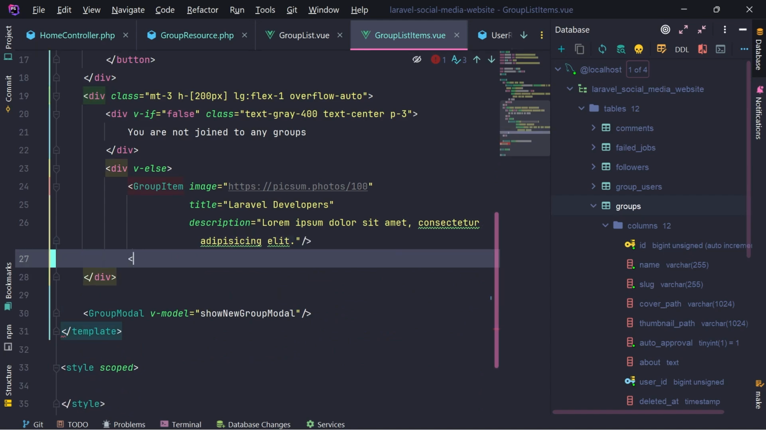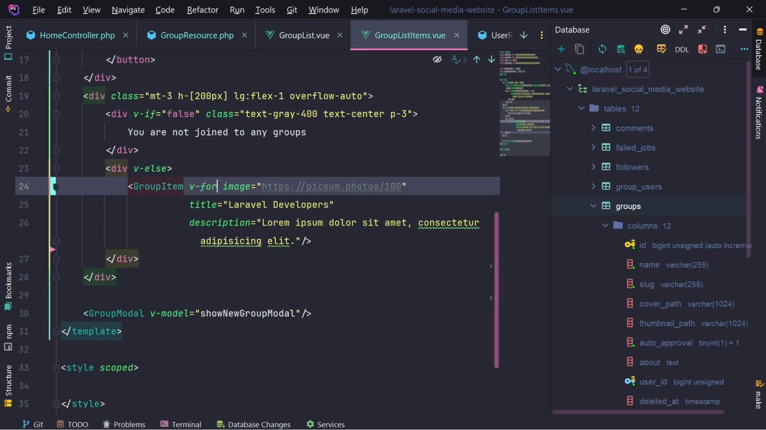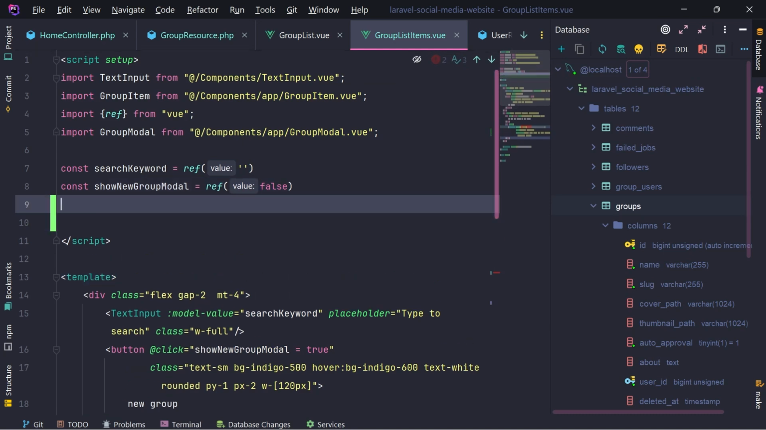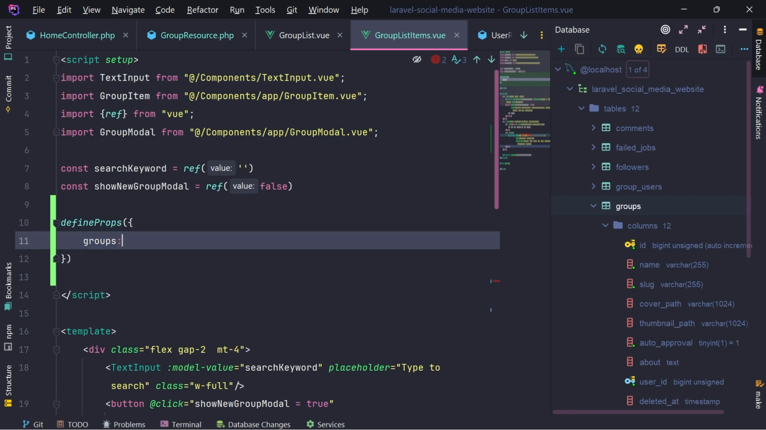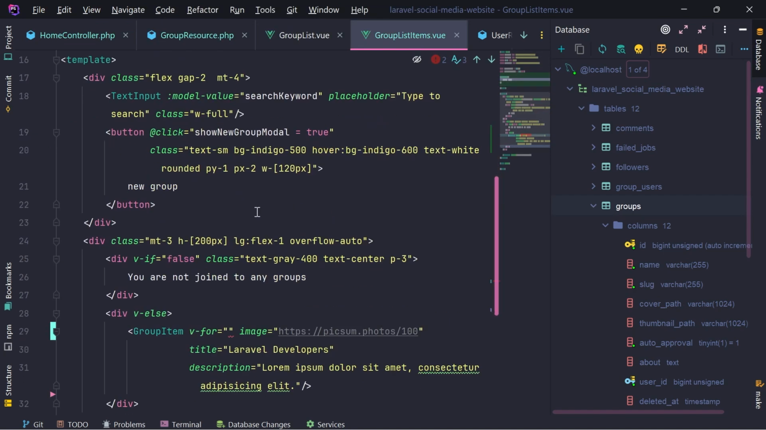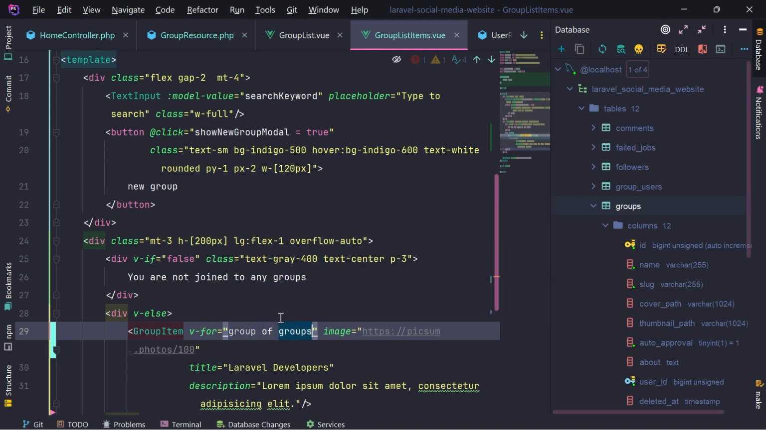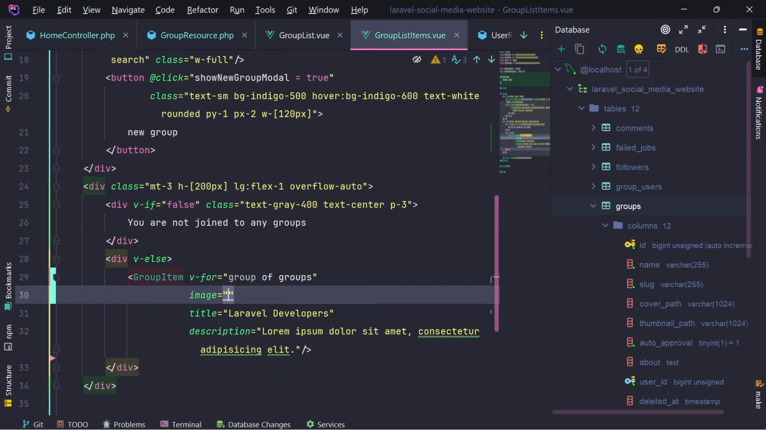Okay, I think I deleted 1 extra div like this. I'm going to add a v4 here, but this group list items doesn't have a groups array. So let's define props. We're going to accept groups here, which will be array, and we're going to iterate over our groups. So group of groups, and we need to pass the image, which is going to be